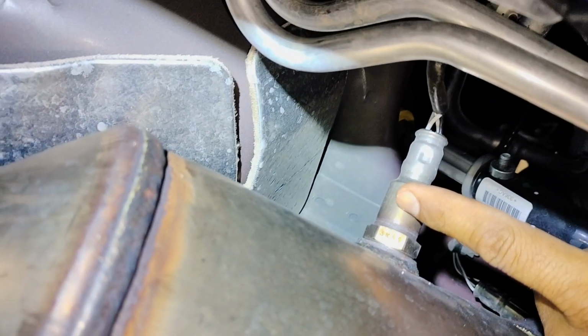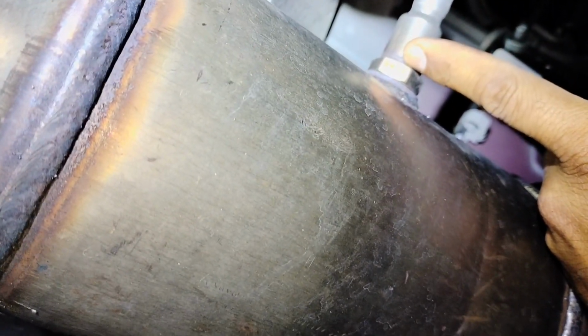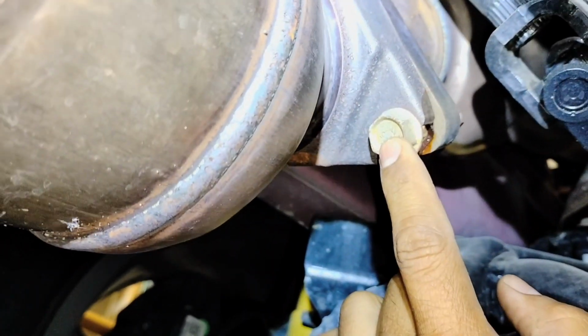So we are here under the vehicle, and what we're going to do, we're going to remove the oxygen sensor. It's, I believe, a 22. You can use a wrench to remove it. We're going to loosen these bolts right here, one on the top and one on the bottom of the exhaust,